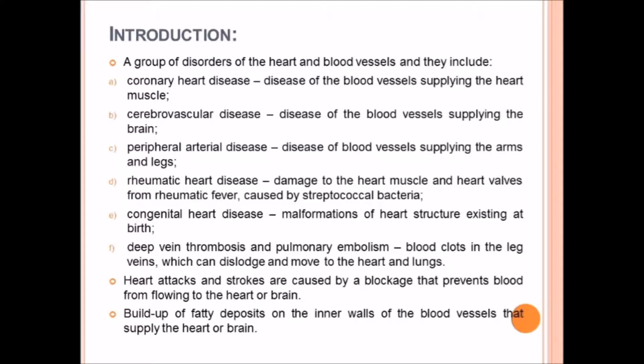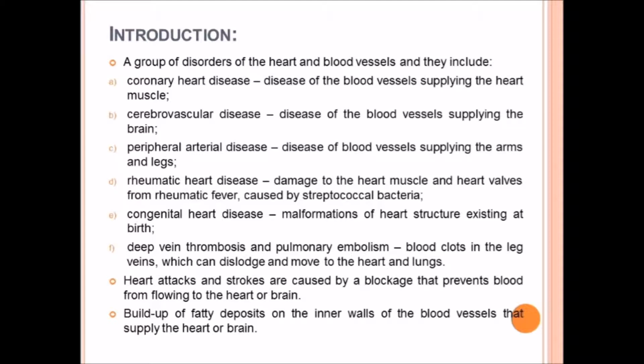Cardiovascular diseases may include coronary heart disease, which is a disease of the blood vessels supplying the heart muscle; cerebrovascular disease, a disease of the blood vessels supplying the brain; peripheral arterial disease, a disease of blood vessels supplying the arms and legs; rheumatic heart disease, which causes damage to the heart muscle and heart valves from rheumatic fever caused by streptococcal bacteria; congenital heart disease, which is the malformations of heart structure existing at birth; and deep vein thrombosis and pulmonary embolism, which are blood clots in the leg veins,